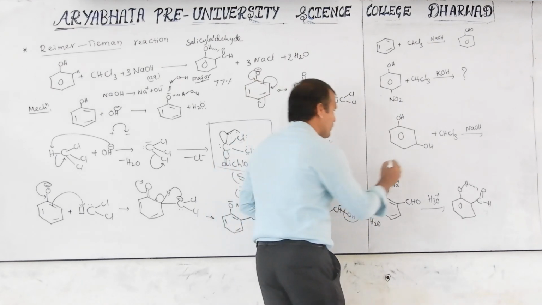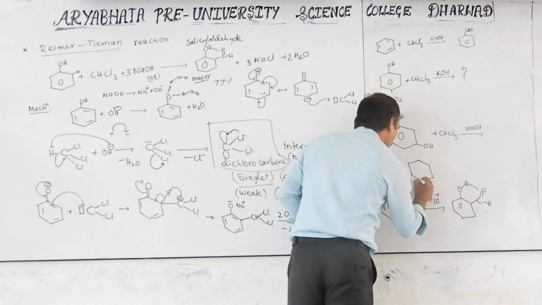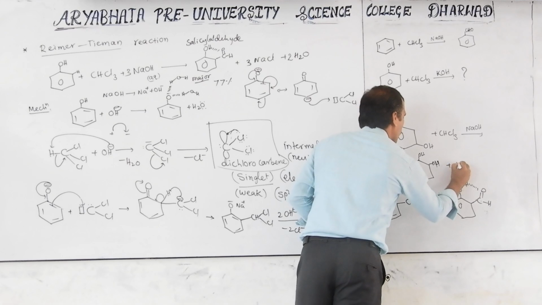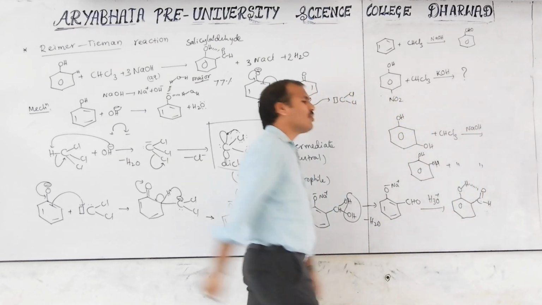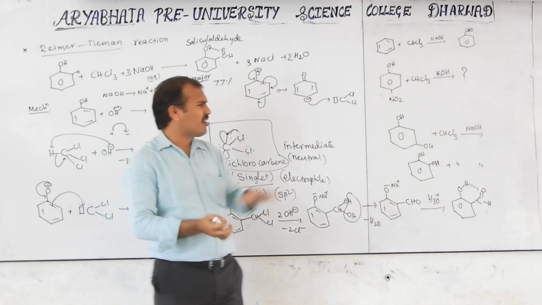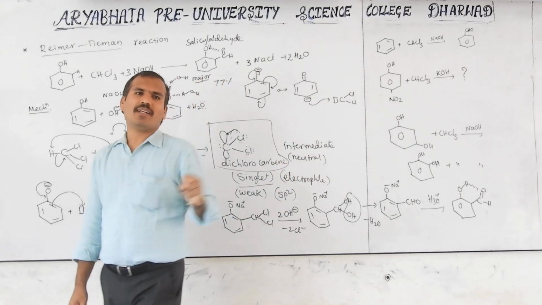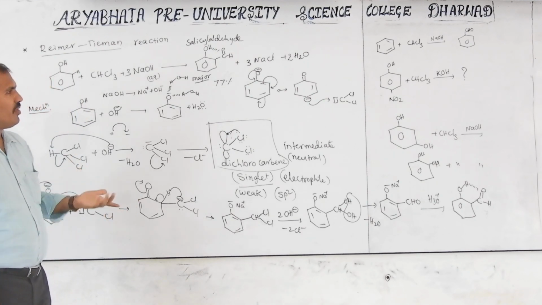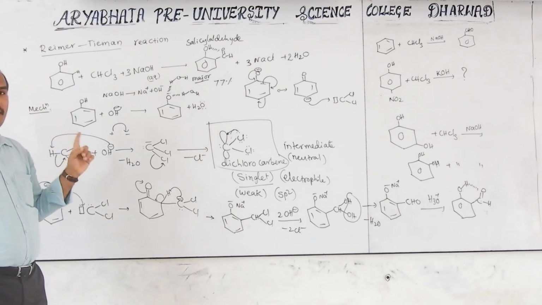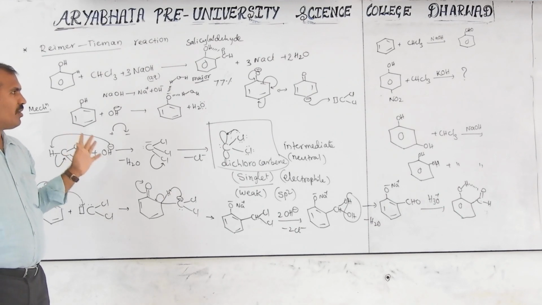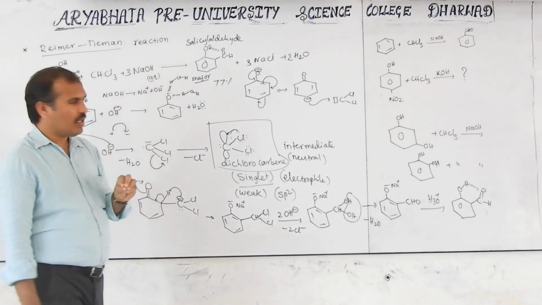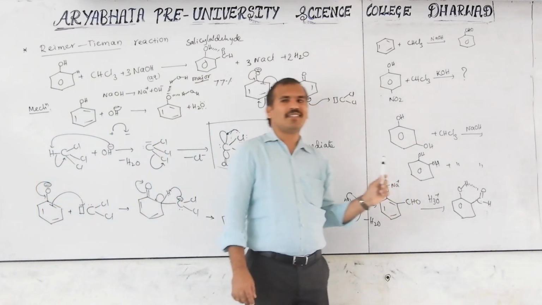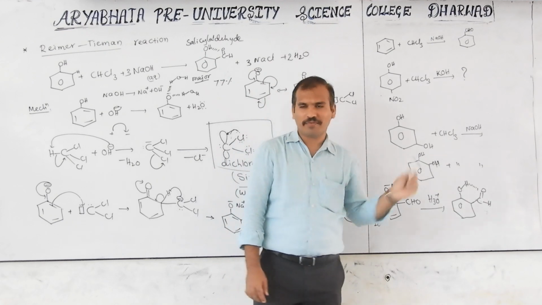Okay. One more. OH, the same. Then here also how many products form, that we have to decide. This is somewhat complicated because this is very detailed. I discussed this in the Reimer-Tiemann reaction with the mechanism and each and everything. So carefully observe. The Reimer-Tiemann reaction is very important for each part and for competitive exam purposes also. So these are, I hope, compulsory. Answering is difficult, but try yourself.